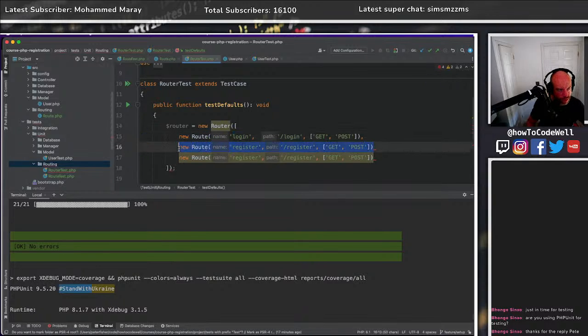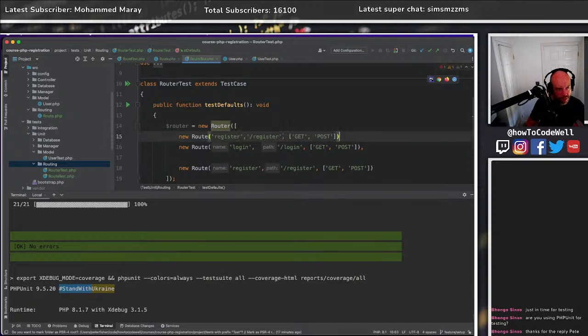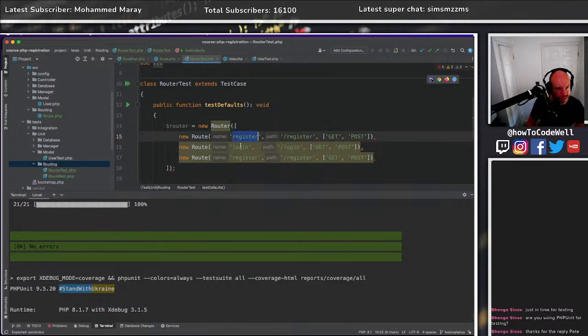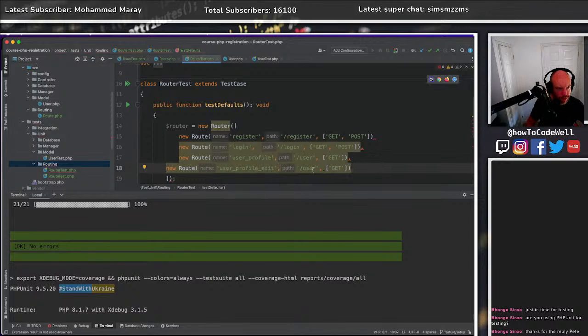Okay. And then we're going to have one like, so we've logged in, we've registered. Let's walk the chain. So let's register, then log in. Then what we've got is a user underscore profile. So that's going to be /user. That's going to be a get request. And then we've got another route for user profile edit. So that's going to be user edit. And that's going to be a get and a post request,